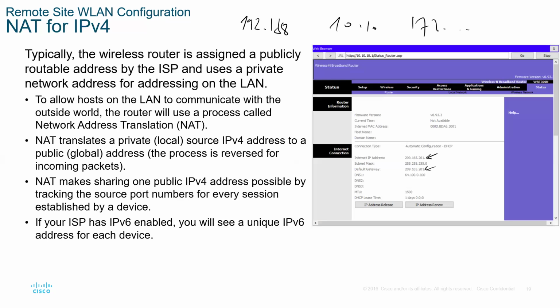So the internet IP address is public, but the network inside needs to be translated from public to private, so that my clients here have private IP addresses. And that's why we have NAT, basically. NAT allows hosts on the LAN to communicate with the outside world. The router will use a process called network address translation. It translates private local source addresses to public, and makes sharing one public IP address possible by tracking the source port